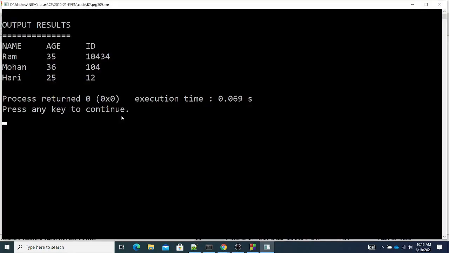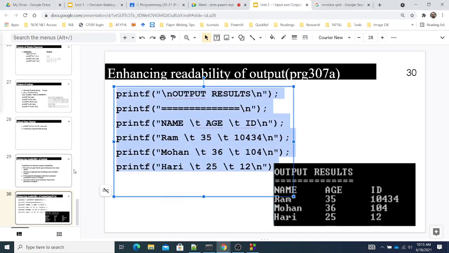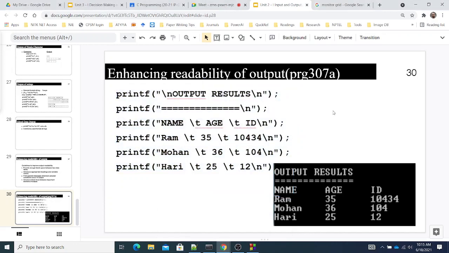But in your lab experiments, it may not be based on tab and all; there you have to match the expected output. When you are working in a freeform editor, not the lab experiment, you can experiment with these kinds of things. With that, we are concluding the topic input output in C, the input output mechanism in C. We have seen formatted input output and unformatted input output statements, integers, real numbers,